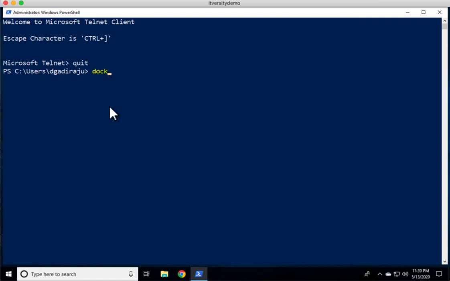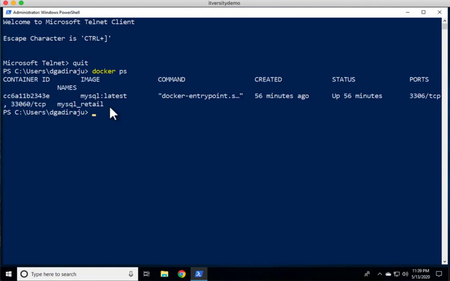Now on this machine, there is a Docker container. In that Docker container, there is a MySQL database up and running. I want to validate whether the external applications that are there on this host will be able to connect to the MySQL database or not. Typically, a MySQL database will be running on port 3306. When we use Docker, there is a concept of port binding. We should be binding the port to a port on the Windows host. Then only will we be able to connect to the MySQL database using external applications. Otherwise, we will not be able to connect.